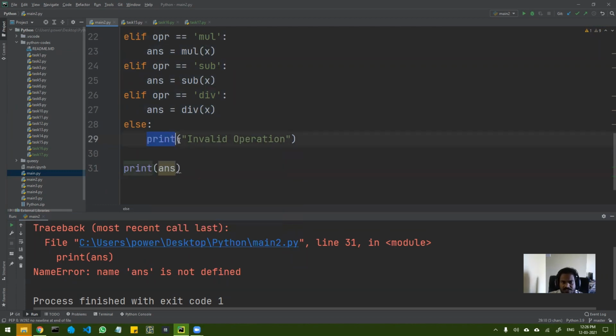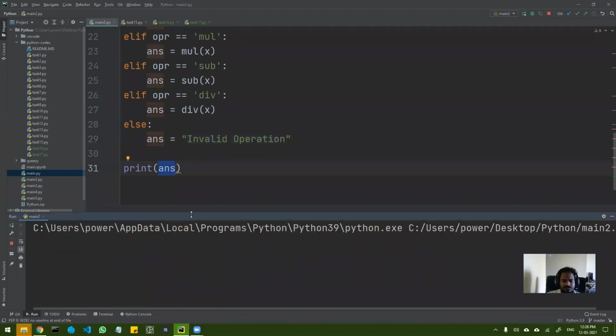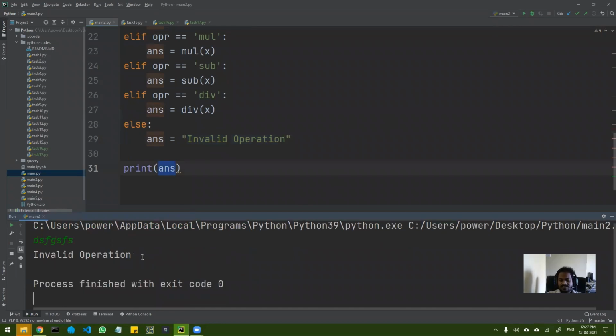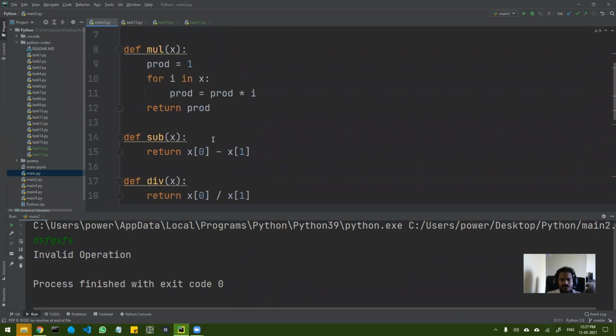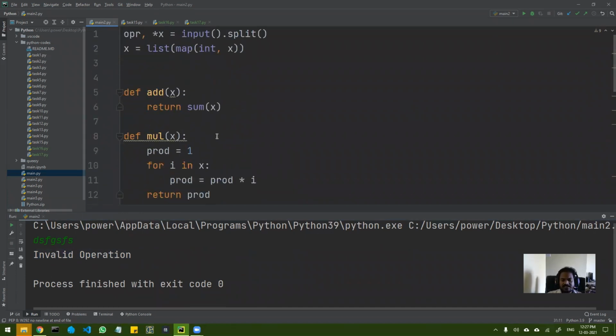What you can do is, instead of printing invalid, you can say answer is equal to invalid. Okay, so इसमें क्या होगा, ये जब प्रिंट करेंगे तो invalid operation करके प्रिंट होगा, ठीक है? So let me show you. You can see invalid operation. Okay, so this is how you can create a simple calculator